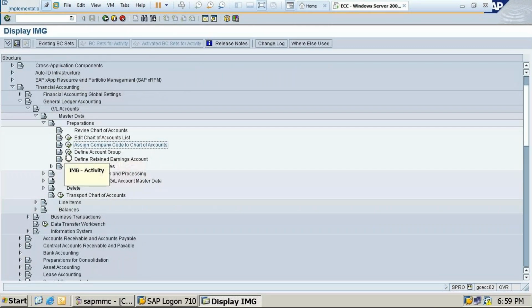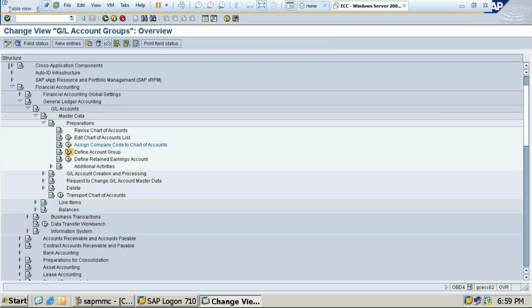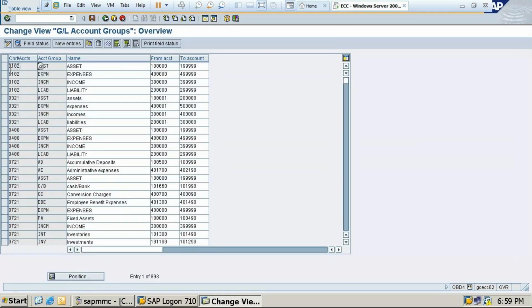Next one, define accounts group. I told you yesterday what the accounts groups are: assets, liabilities, income, and expenses. Capital also has come, but we are taking capital as part of the balance sheet under liabilities only. So separately we are not creating capital as an accounts group. So click on this, define accounts group. What and all we have to select: assets, expenses, income, liabilities, right?